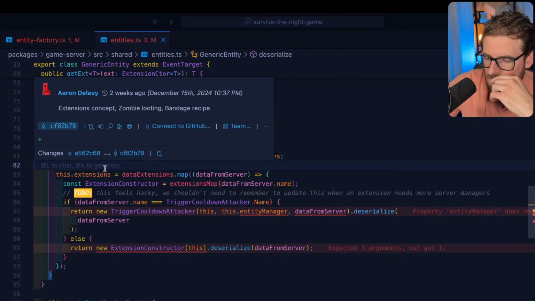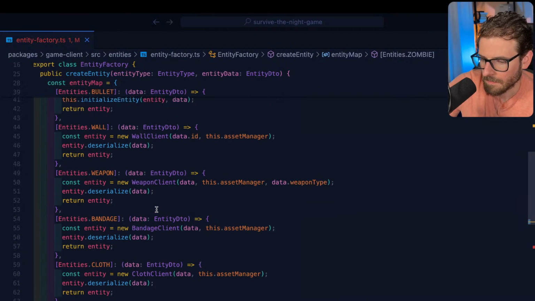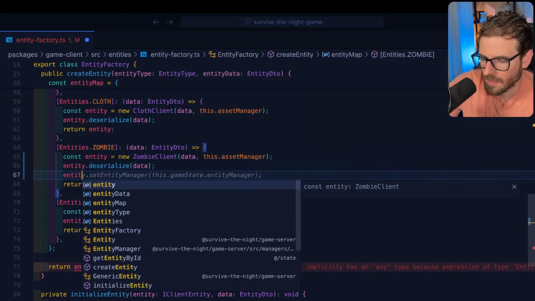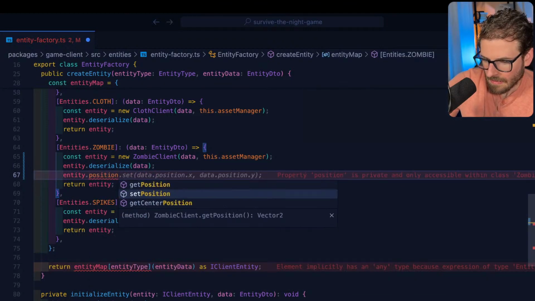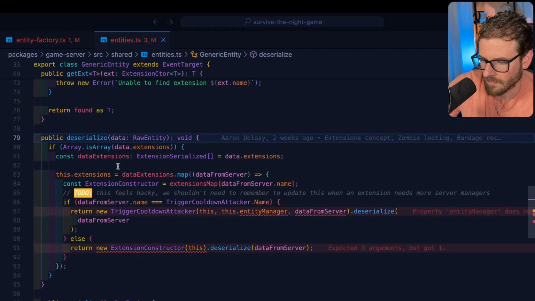I think we still need to manually add this is a generic deserialize method.